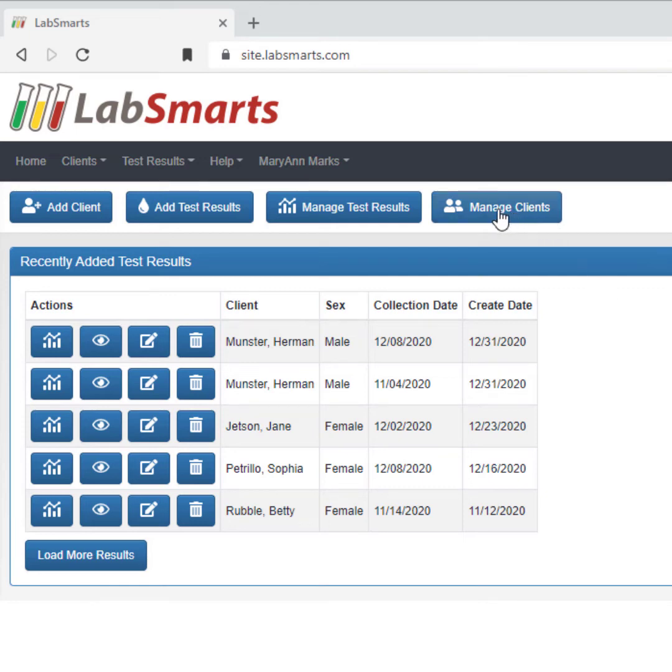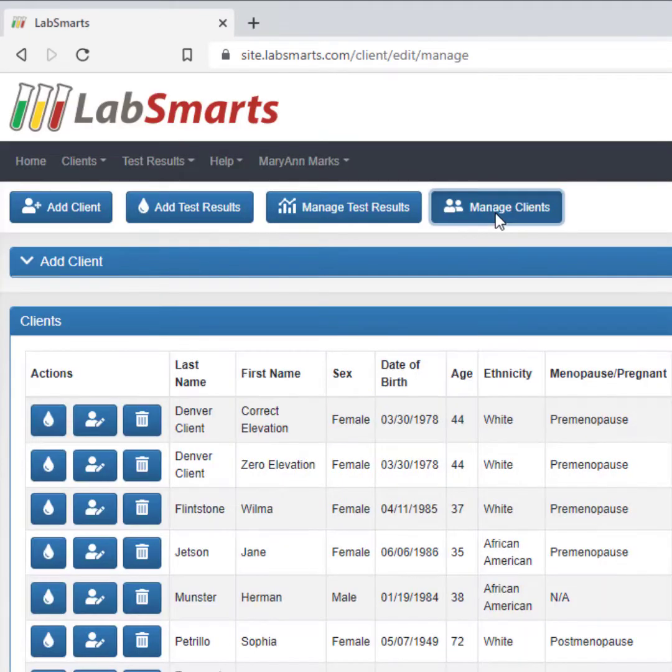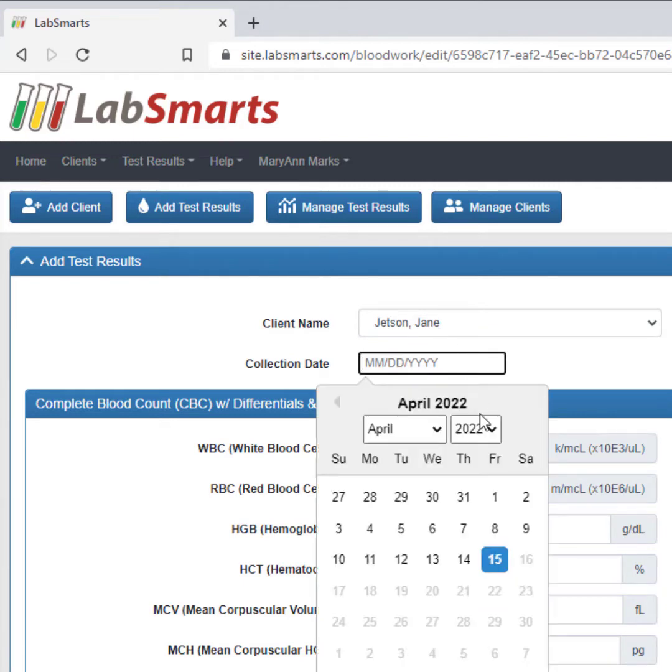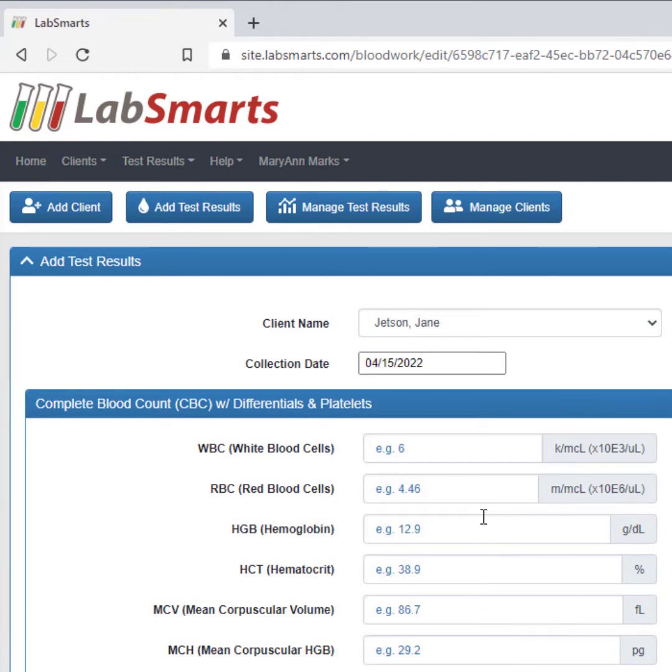Let's look at the new features of LabSmarts. We'll go to Manage Clients and find a premenopausal female here. We'll click Add Test Results. The client's name is already selected, but we have to enter a collection date. It's important, the software uses the collection date to calculate the age of the client at the time of the